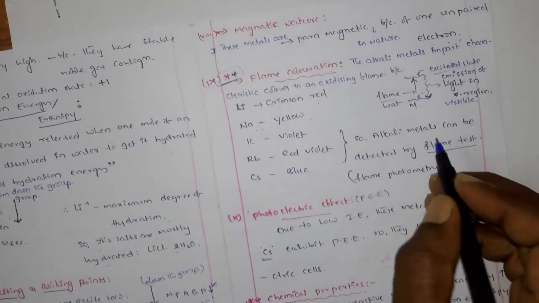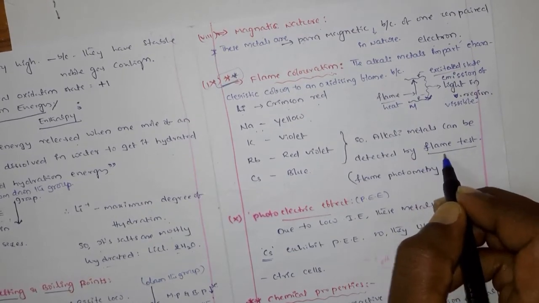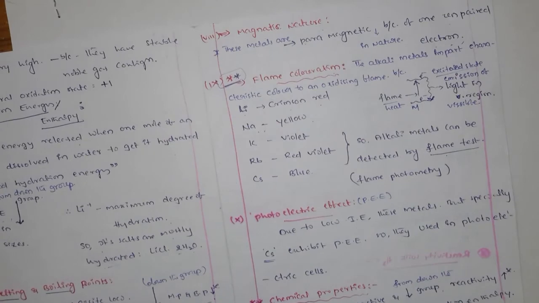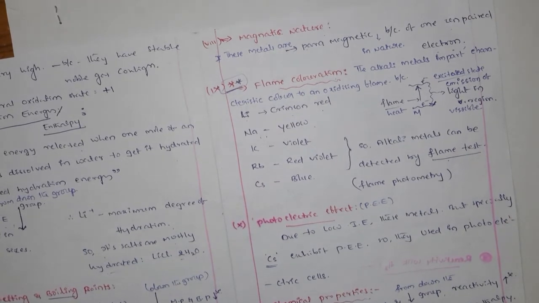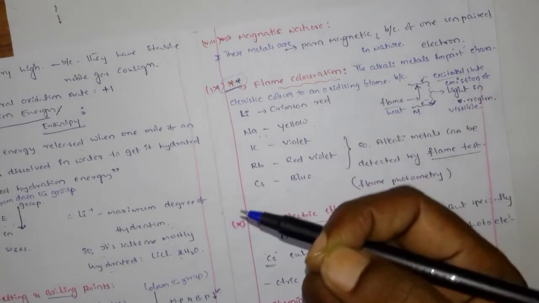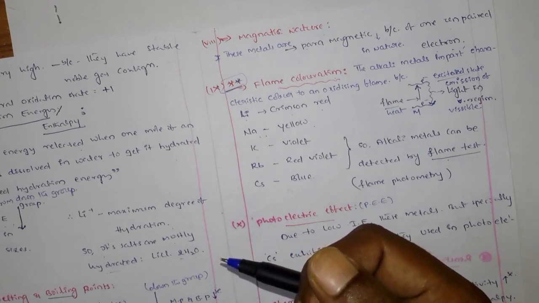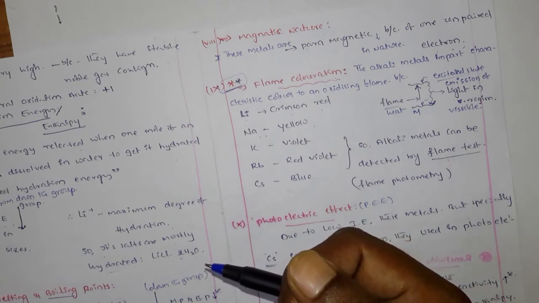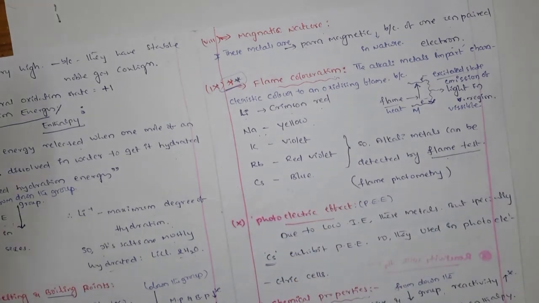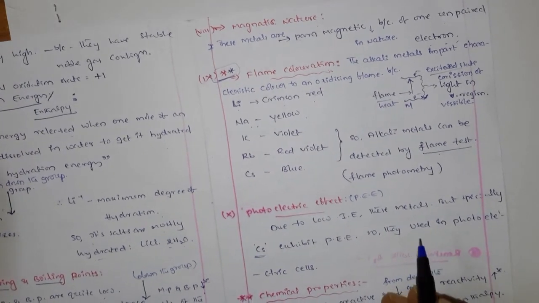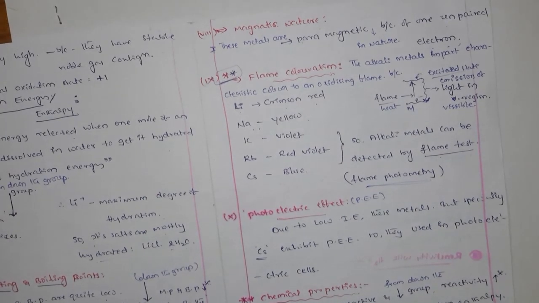So that is the reason why these alkali metals can be detected by the flame test. మీరు different metals ఉన్నాయి మీ దగ్గర, and now you have to find out which one is the potassium and which one is the sodium. Very simple, you take a little piece of sodium and place it on the flame, and you can see the yellow coloration for the flame. Yellow color ga adi mandutundi annamata. So with that you can say that this metal is sodium. That technology you call flame photometry.